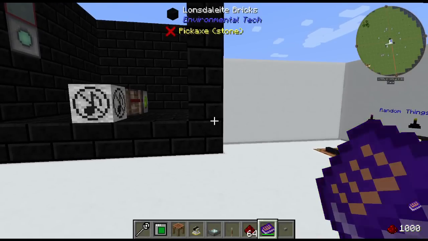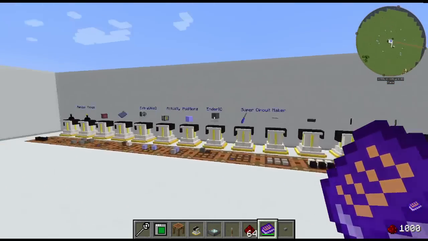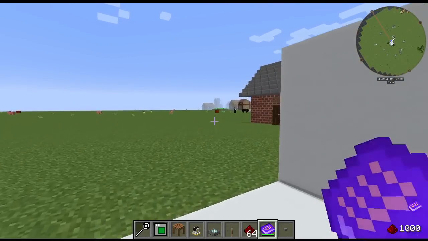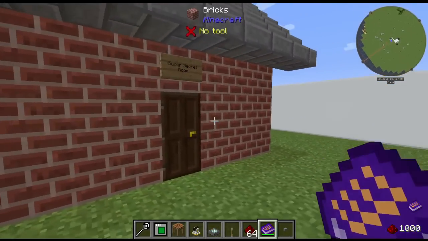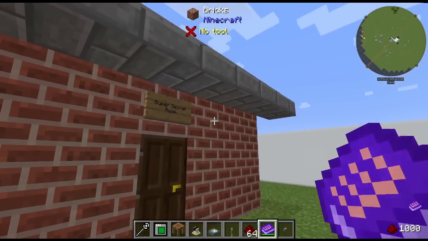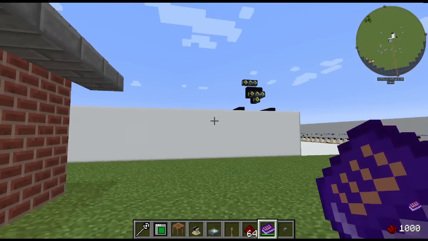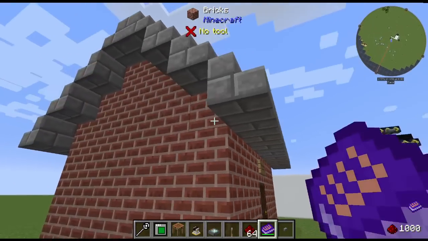And if you want to see the complete spawning process with everything, how it looks when it's fully automated and how powerful it is and what it can do, just follow me to my next video, and we're going to go into the super secret room and watch the whole automated spawner in action. And yes, it all fits in this small